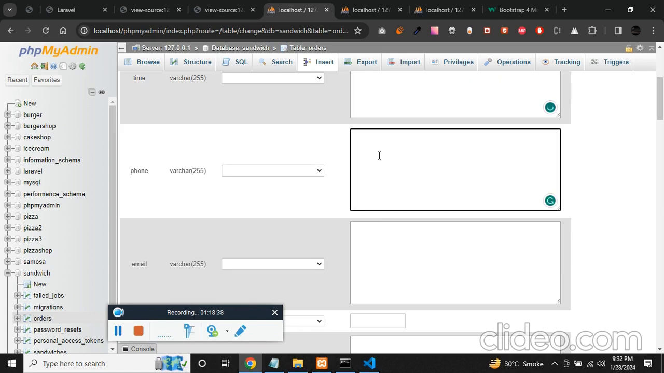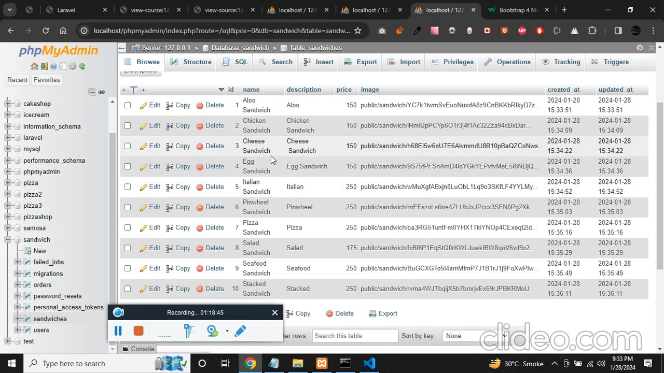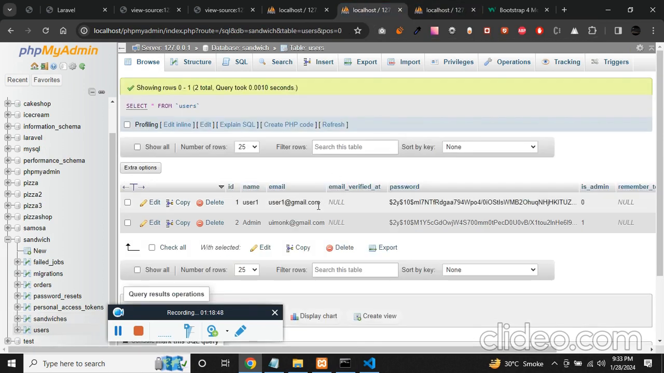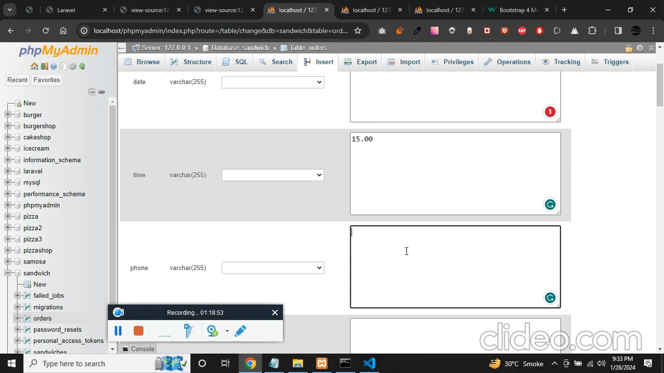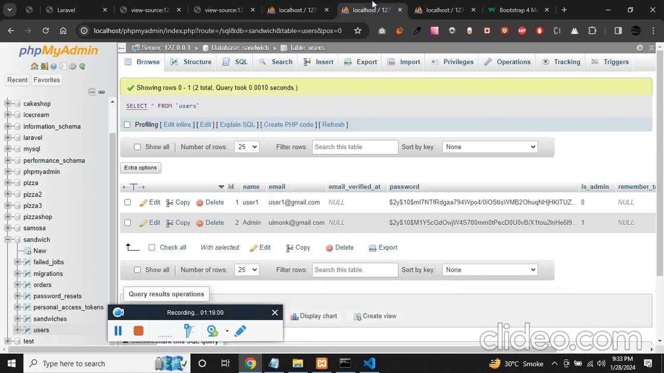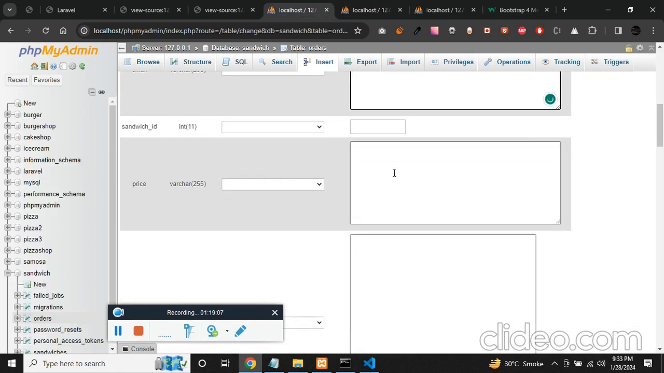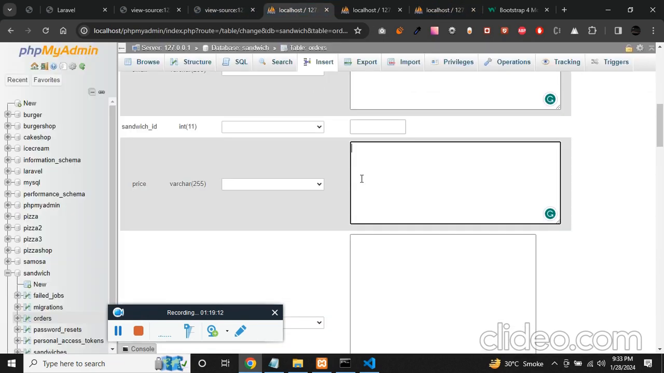The phone actually should come from the user table, or no, the phone will be coming from the pop-up. So while delivering contact 1 2 3 4 5 6 7 8 9 10, and then the email address, this email address will come from the email. So user and then sandwich ID, so the relevant sandwich ID, let's say aloo sandwich, which is 1 again,